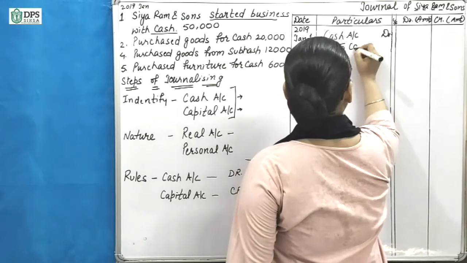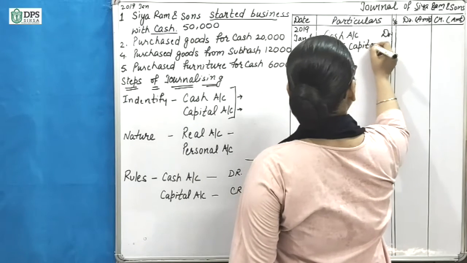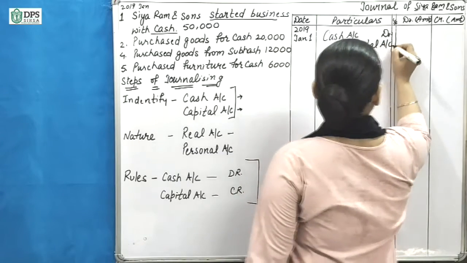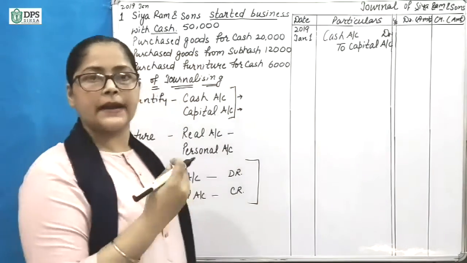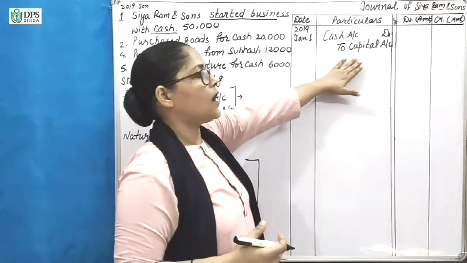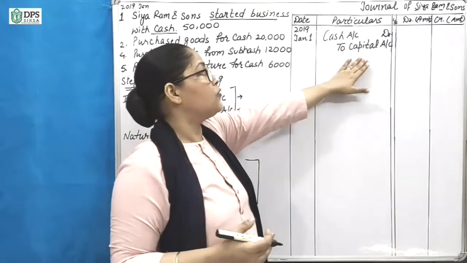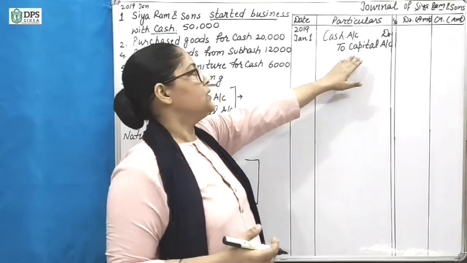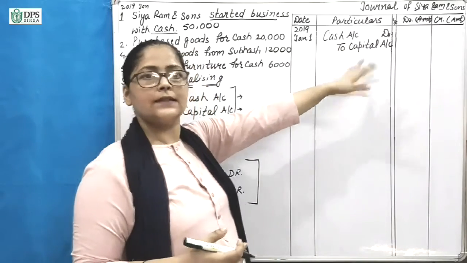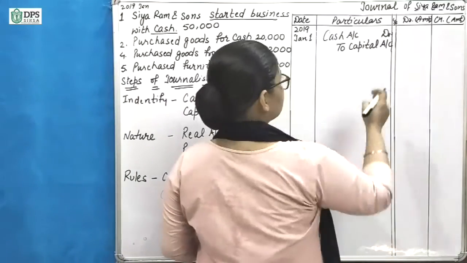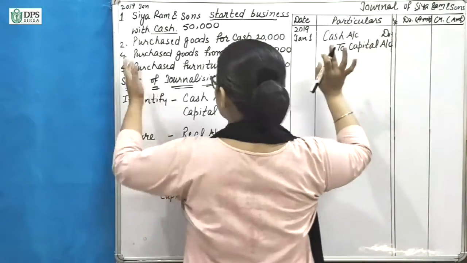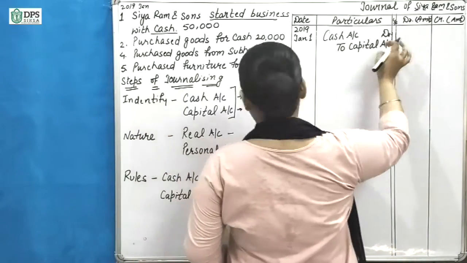So to capital account, and this to specifies that this is the credit account. This is the account that is being credited. ये वो account है जो credit हो रहा है, to identify करता है, तो इसके साथ हमें credit लिखने की ज़रूरत नहीं है. So we will write ledger folio, we will not write because this is not given,